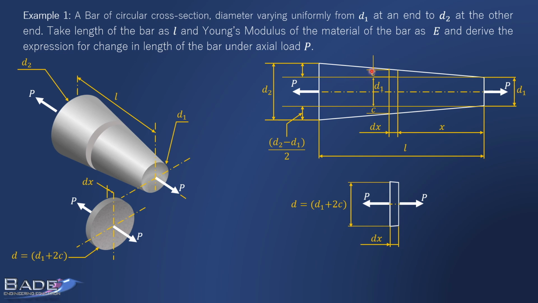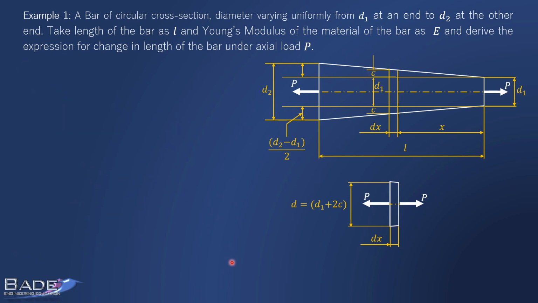So we'll have to express c in terms of x. Let's do that. It's simple geometry of similar triangles. Try to understand here. Consider this smaller triangle. Height by base of the smaller triangle is c by x. You need not write x plus dx, because these two layers are very close to each other and dx is nearly equal to 0, so it is as good as adding 0 to x. So you need not consider that length as x plus dx.